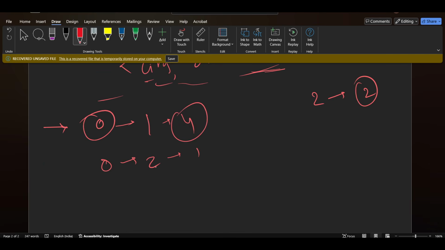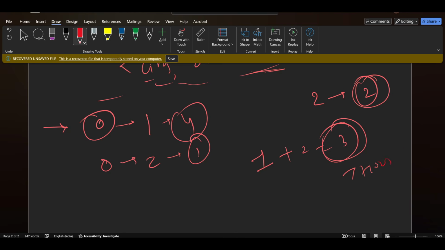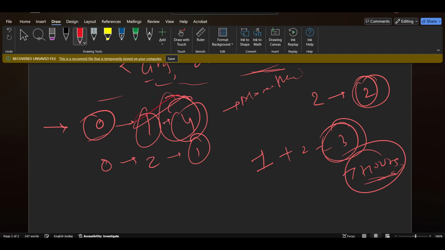First we will check what is the value in front of 2. In front of 2 it is 1, because already to reach 2 we require 1 hour. So we will extract it. From 2 to reaching 1 it is taking 2 hours, so we will say 1 plus 2, which is 3. So at 3 hours we can reach 1. Now we will check 1. In front of 1 it is 4, because first when we determined through 0, it was 4. It is more than 3 hours, which we got from here. That's why we will update here 3.